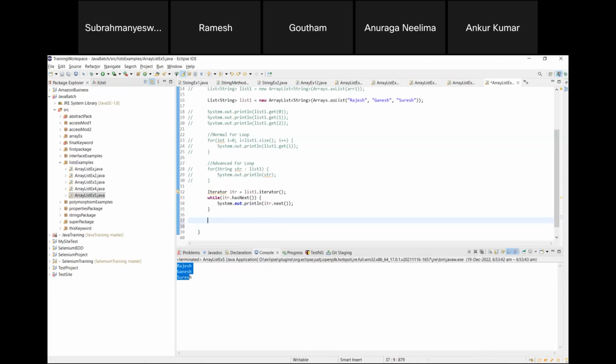Similarly, we have the statement System.out.println. The shortcut for this one is sysout, and then use Control and space. Sysout and then Control space will give you System.out.println. And another thing is,